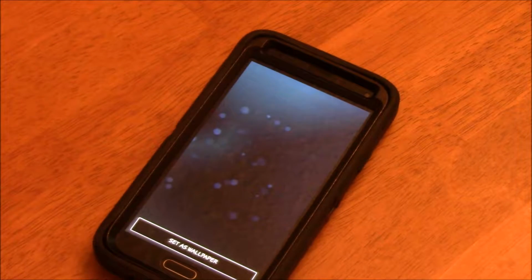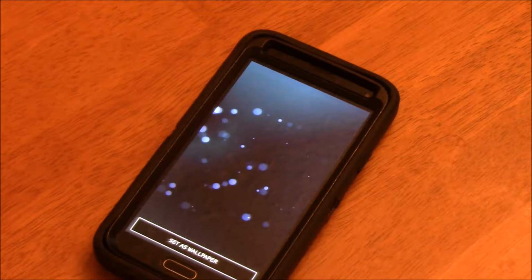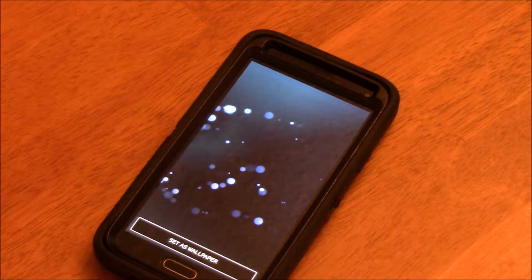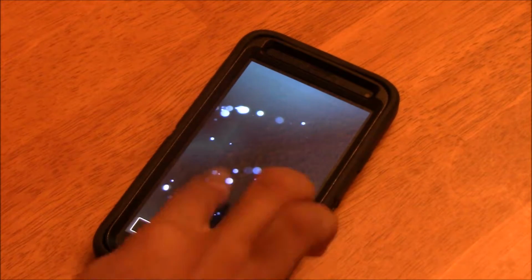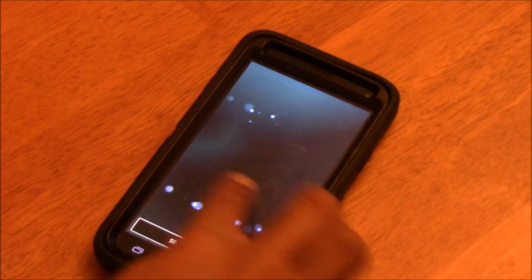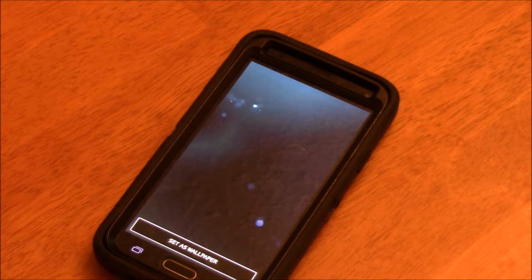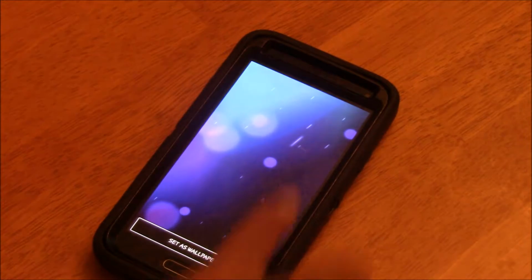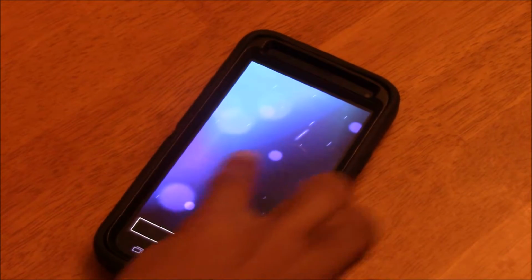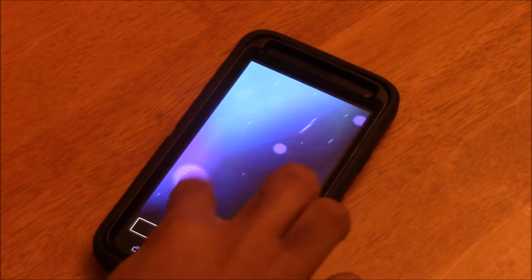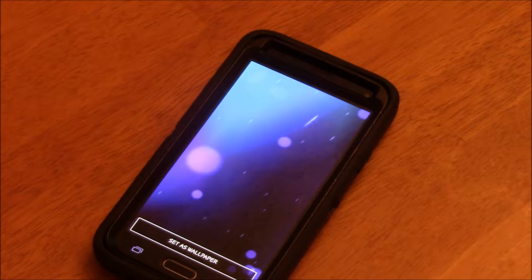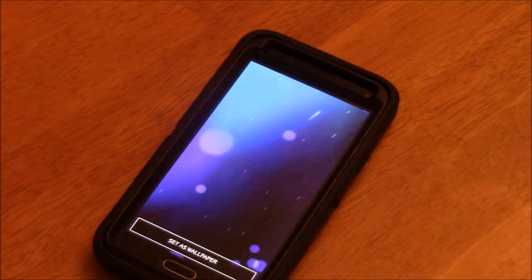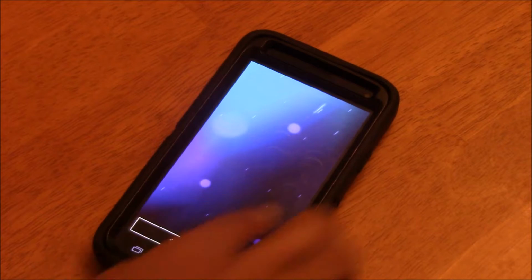And Android back in some of the early versions allowed you to make moving wallpapers such as this one. Some interactive, some not. The other one was, and this one is not as interactive.